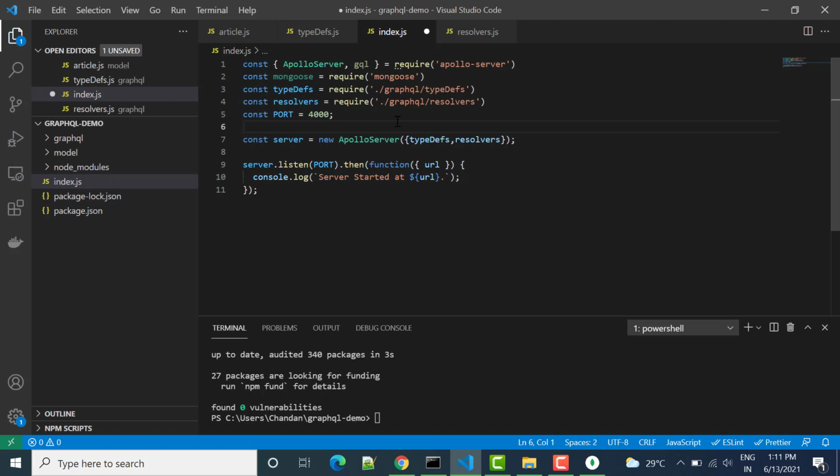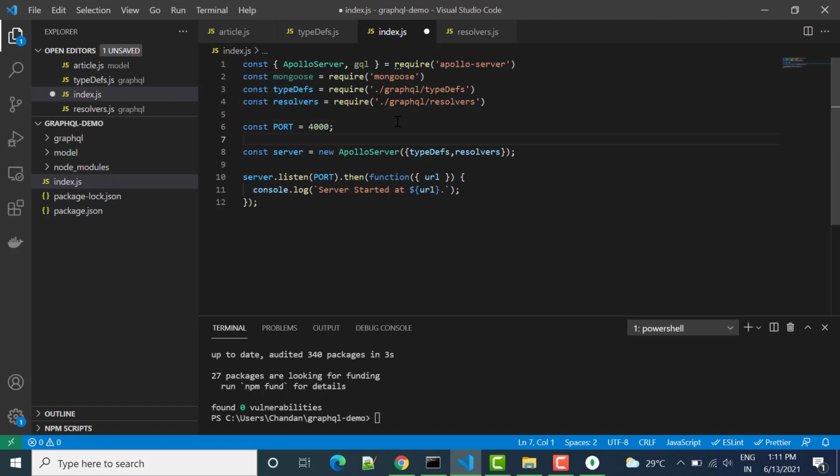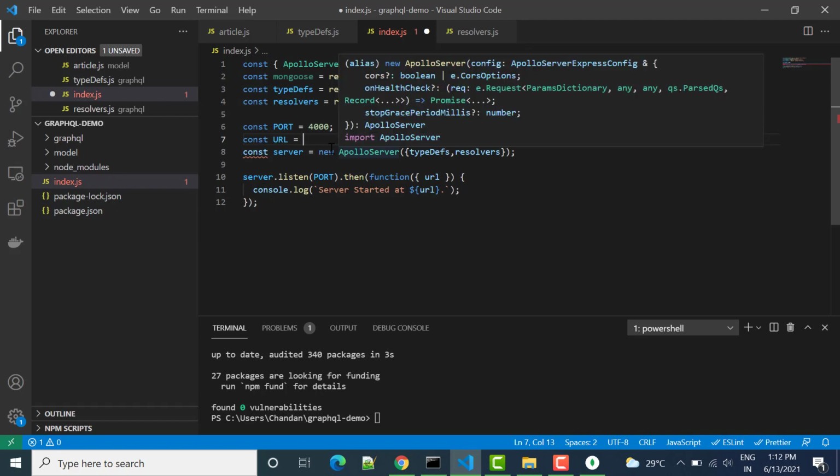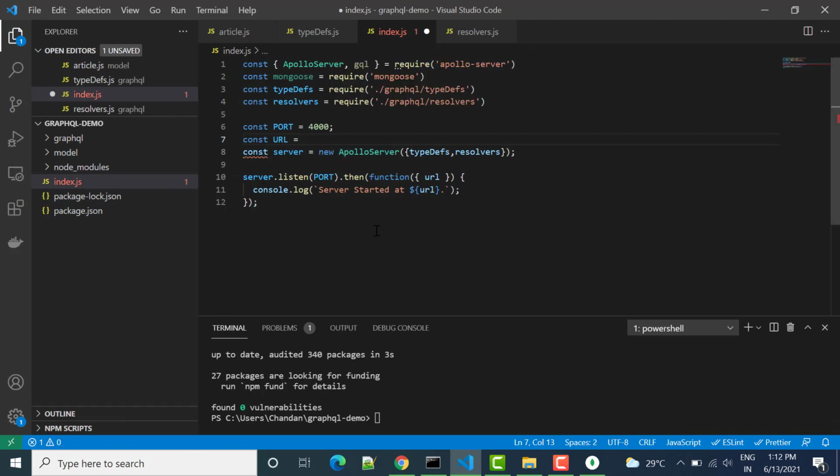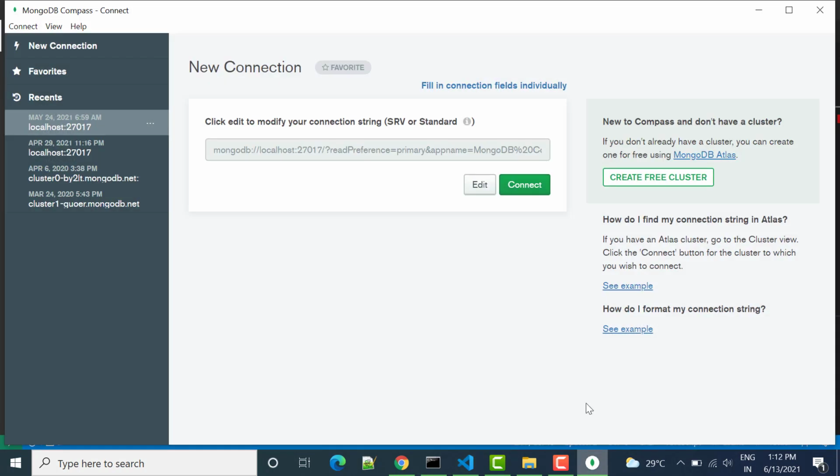Now we have to write the code for the MongoDB connection. Here we have the port number, and then we write const URL, and this URL will be the MongoDB URL. For that we have to open our MongoDB Compass. In MongoDB Compass we can see it written as MongoDB localhost and the port, so we can simply use it.